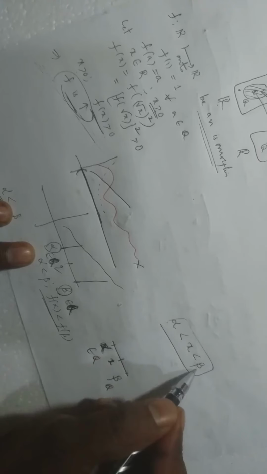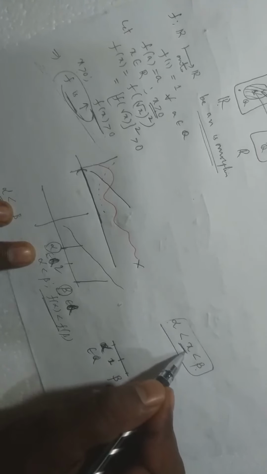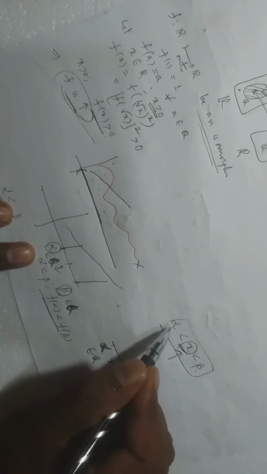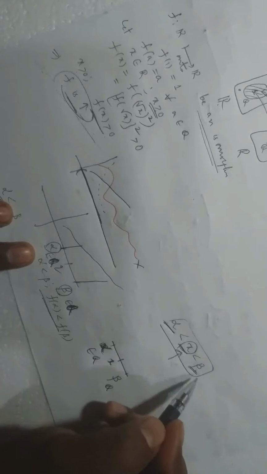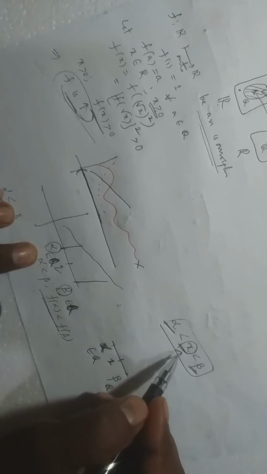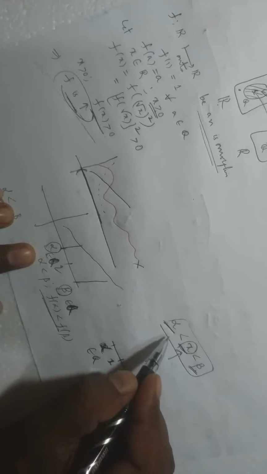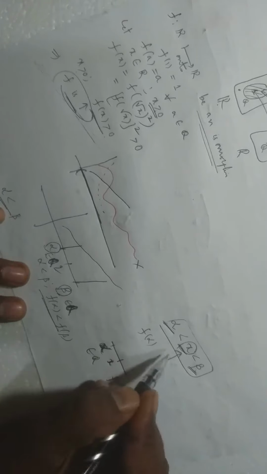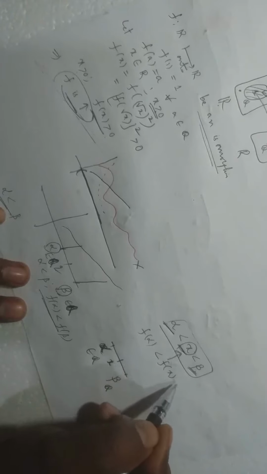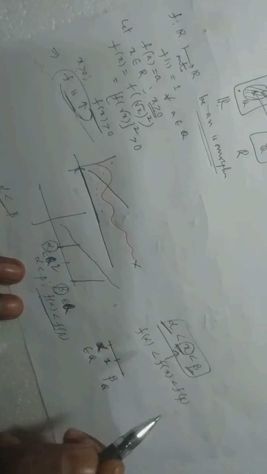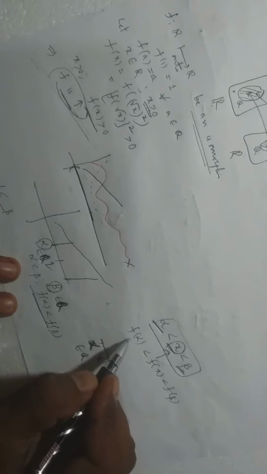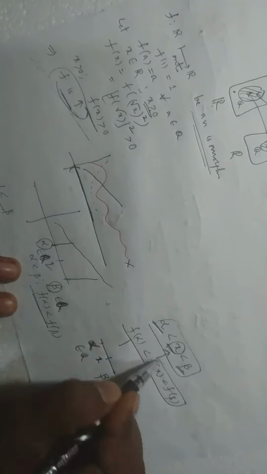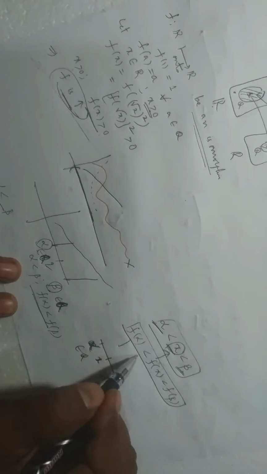Is it clear? So whenever alpha is less than x and it is less than beta, alpha and beta are rationals, and in between you can find a real. Alpha is a rational, beta is a rational, x is a real number. You can find this. So what is f of alpha? You just apply this map: f of alpha, f of x, and less than f of beta. Since f is increasing, the inequality will be retained. Is it clear?